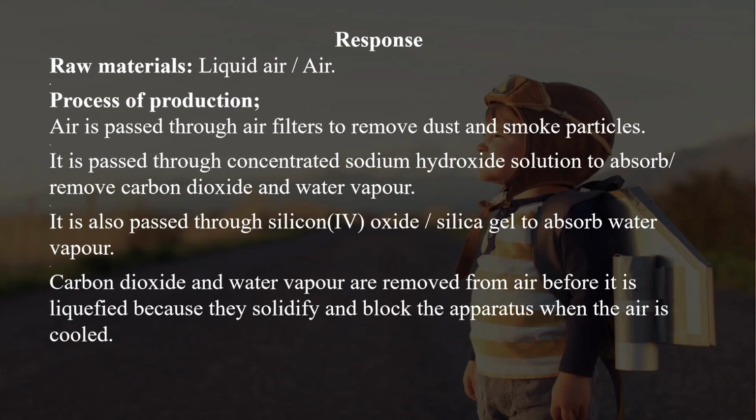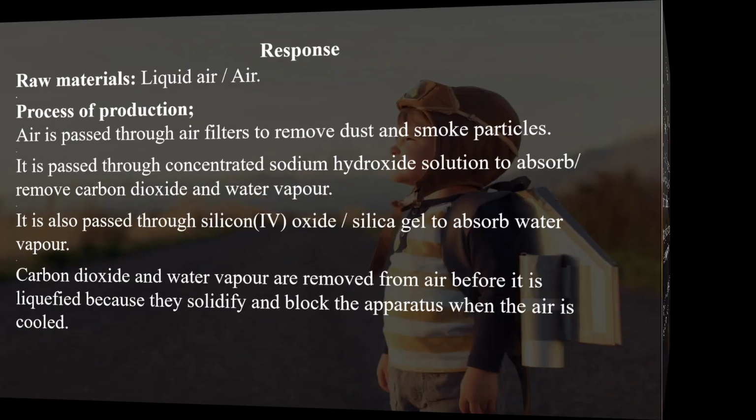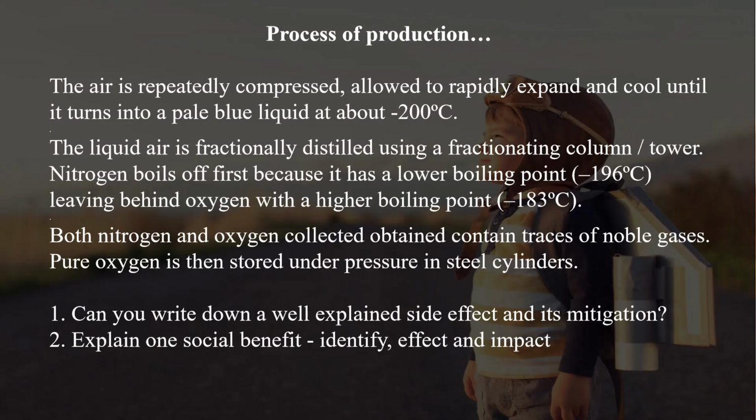So once the carbon dioxide is removed and impurities are removed and the water vapor is also removed, we are left with air components of oxygen and nitrogen. Yes, the air is now compressed. The remaining air components are compressed at a pressure of 200 atmospheres, and they are cooled to what? Negative 200 degrees Celsius. Now, once this air is cooled, it becomes liquid air, which is now fed into